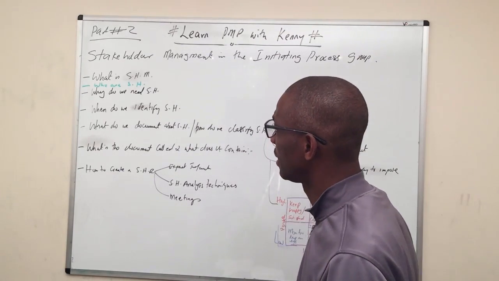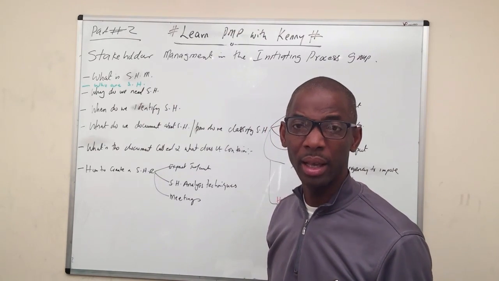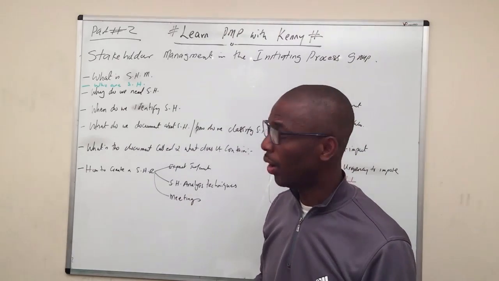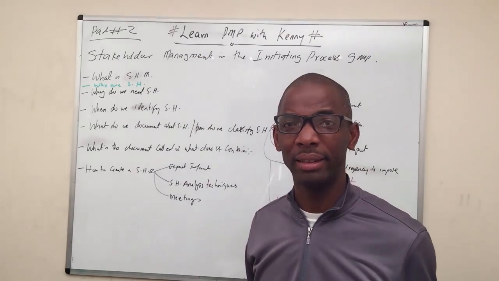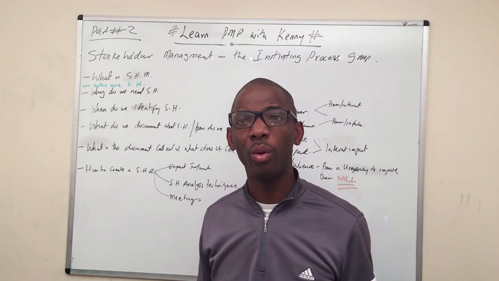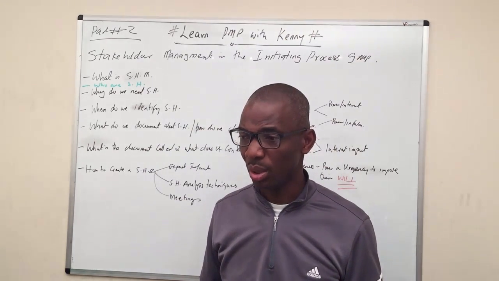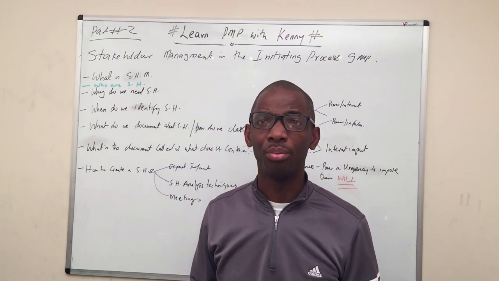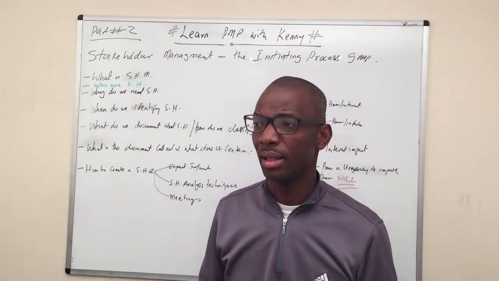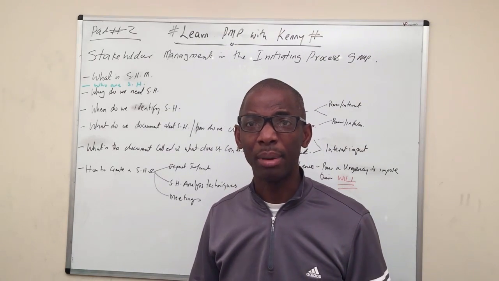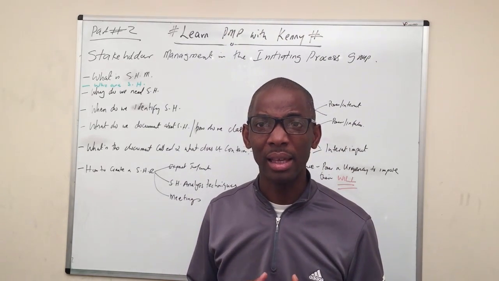So I have a few questions to ask. What is stakeholder management? We've already talked about that when I read the opening paragraph of the PMP guide. Who are stakeholders? Stakeholders are everybody that can be impacted or, in one way or the other, have an influence on the project. They include your project team, your governors, your business partners, people that are external, maybe your suppliers, your colleagues, the business units, the managers. Anybody and everybody that you can think of that